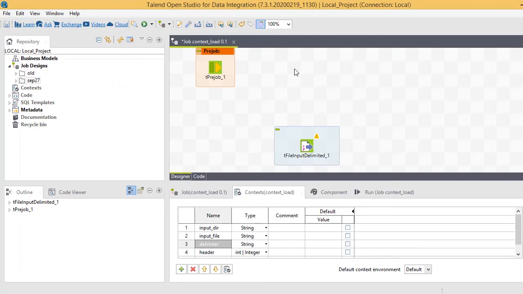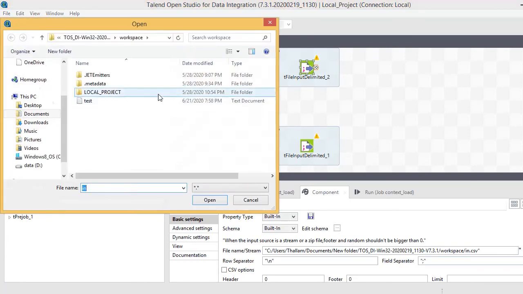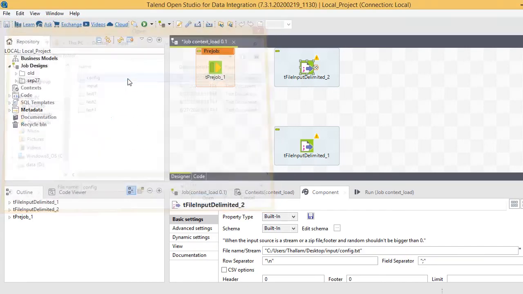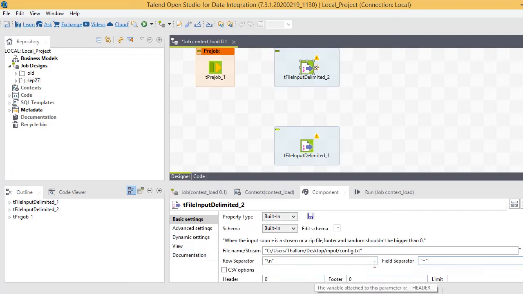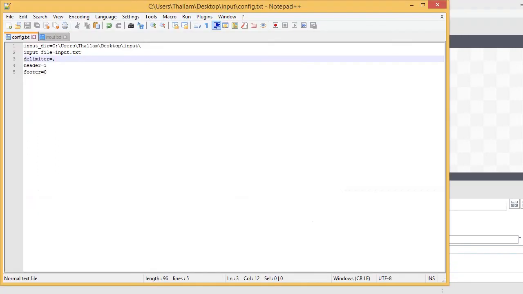To load this file into our job, let's use tFileInputDelimited, and we have to define the path here. Configuration file path here, and our separator is equal to. We don't have header or footer, so here the configuration file separator is equal to.